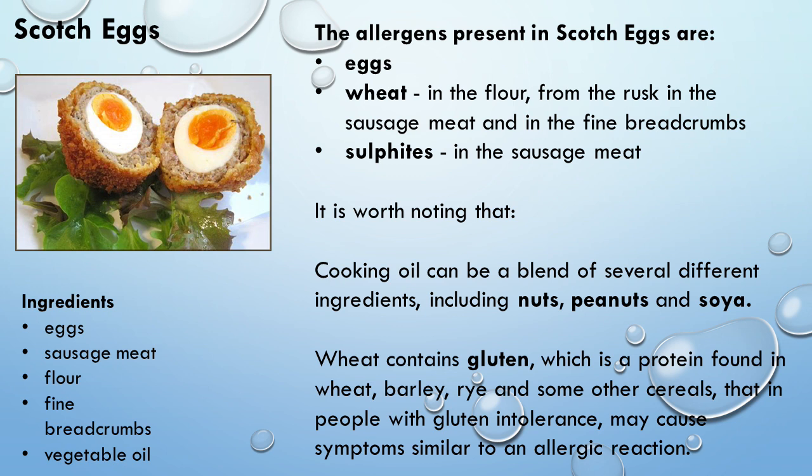So it is worth noting that cooking oil can be a blend of several different ingredients, including nut, peanut, and soya. Wheat contains gluten, which is a protein found in wheat, barley, rye, and some other cereals that in people with gluten intolerance may cause symptoms similar to an allergic reaction. So the ingredients you find in Scotch eggs are eggs, sausage meat, flour, fine